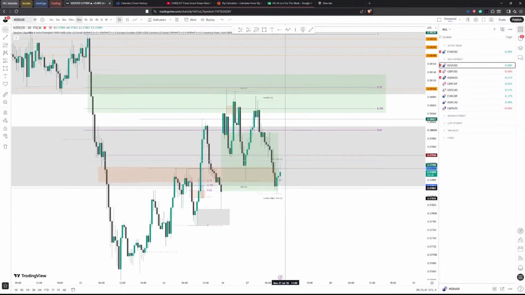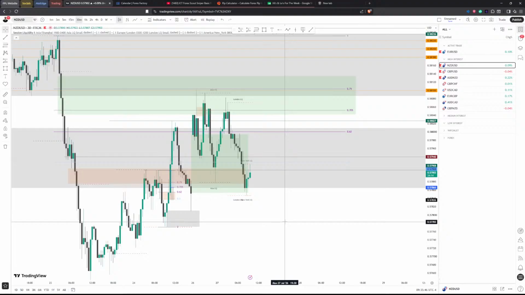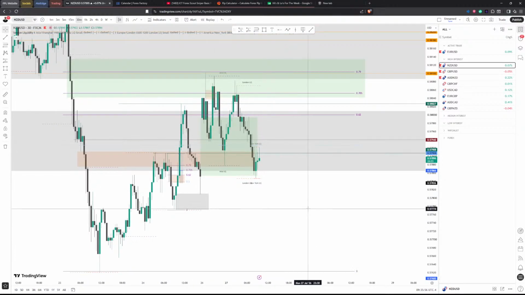Because at the core of it, what we're doing is we're actually selling against a bullish run, not bullish bias. A bullish run, meaning that price is currently in a smaller time frame or within the chosen context, which in this case is a smaller time frame. We're seeing higher highs and higher lows being created, and we're trading sells. So we're going to need a lot of information outside of just a bull run to confirm that we're going down. Because if you only looked at displacement, well, you would have got a signal here.